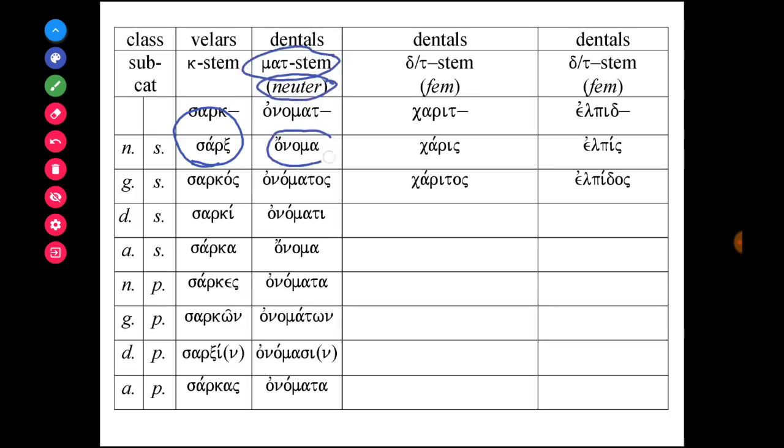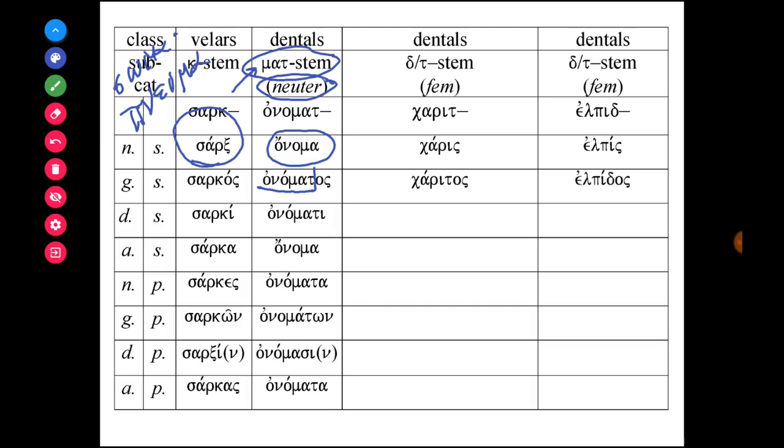So we had onoma, which means name, but we also had pneuma and soma as examples of a particular kind of dental stem noun, the mat stem, because each of these nouns, soma, pneuma, and onoma, has mat in its genitive singular stem, from which the rest of the noun forms are